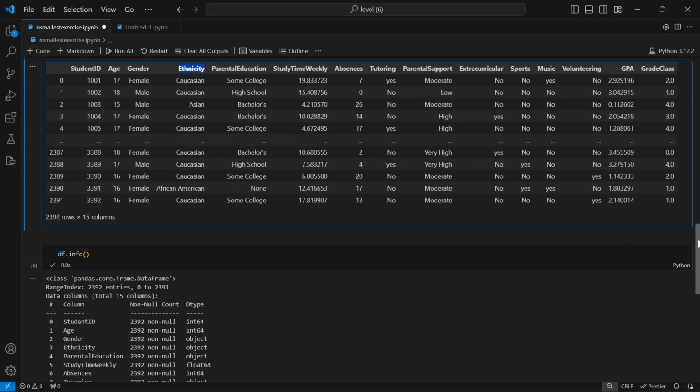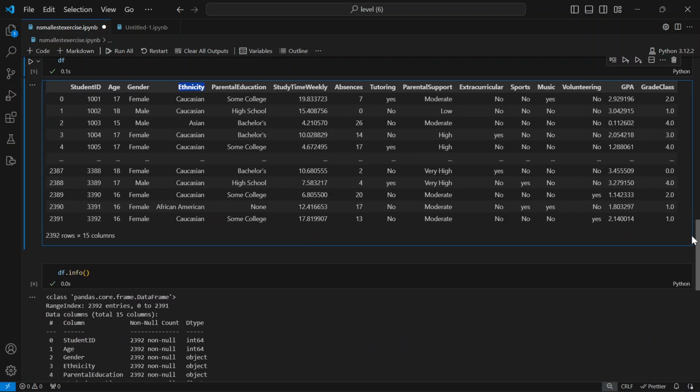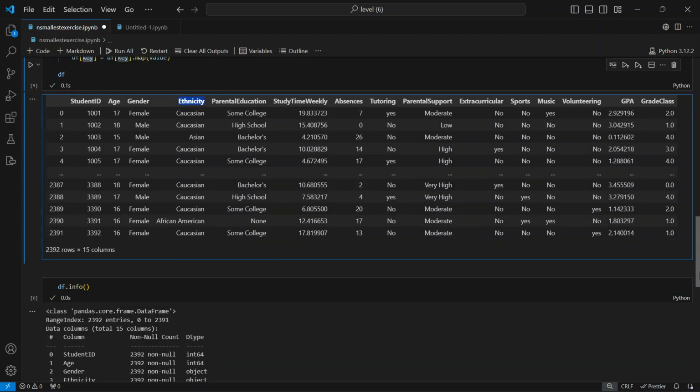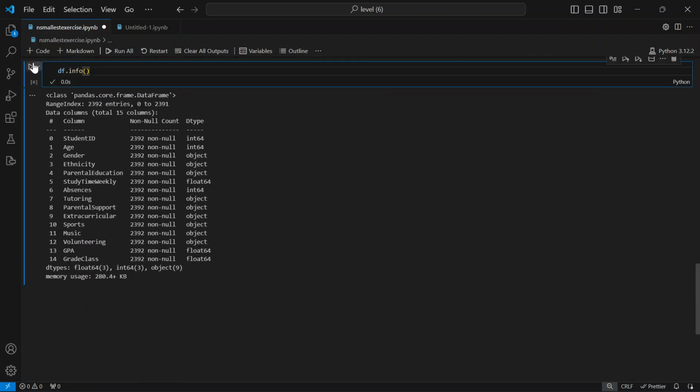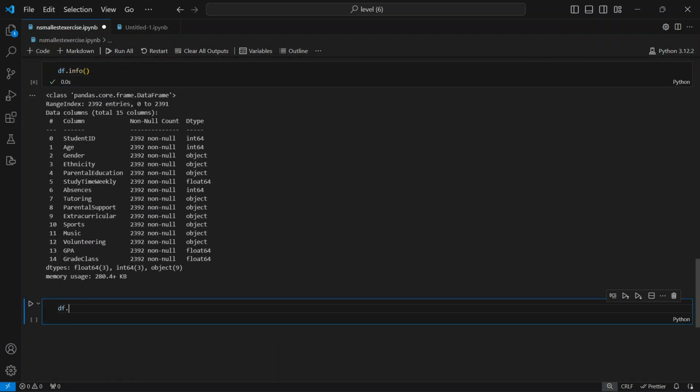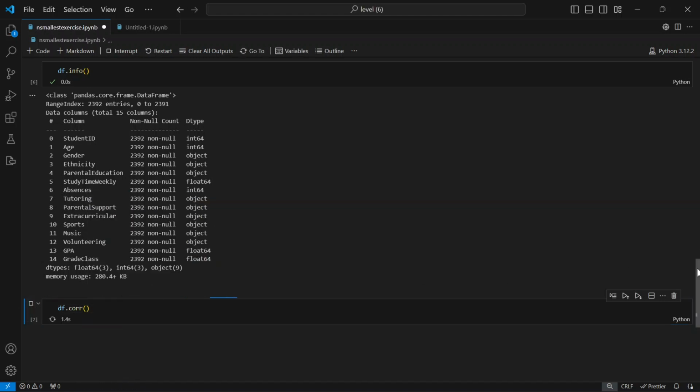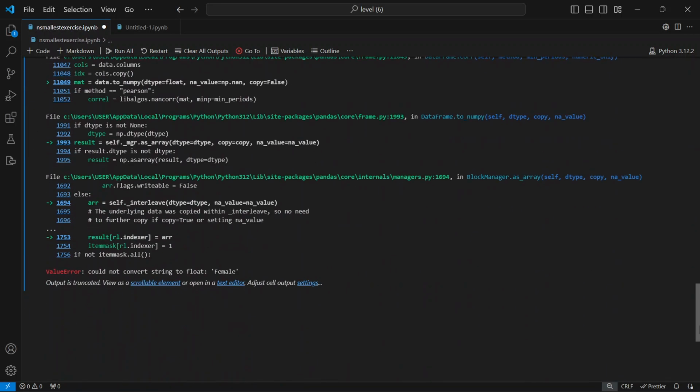So now we can do a bit of analysis with this, because I think we have everything clear right now. To do some analysis, we need some hypotheses, and I think the center point would be the GPA and the grade class, because we are trying to see how every other piece of information affects the GPA and the grade class. And to have a broad knowledge of that, we can use something in pandas called df.corr. It's called corr, but its long form is correlate, so it returns